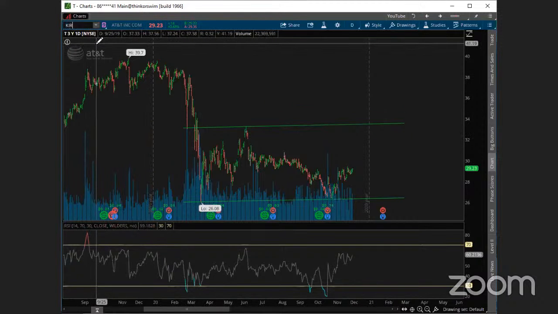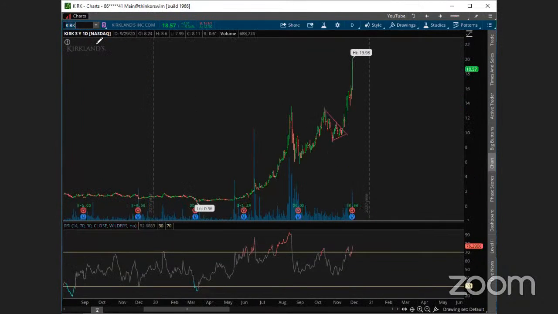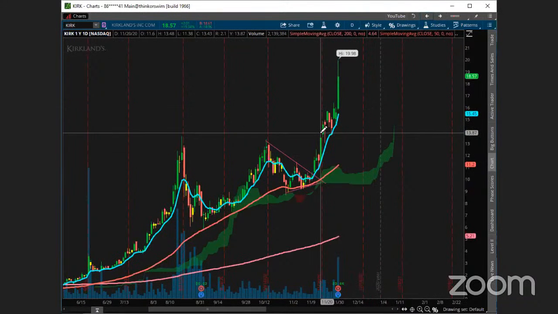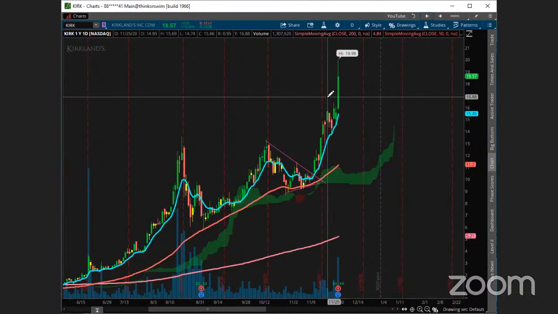Tracy, let's take a look at Kirk. Tracy, you and our group are the only ones that trade this. I'm telling you, we make the market on this one. This thing has just been epic. Our group trades this one and they love it. A lot of Elliott Wave stuff on it. So big push there again. See if we can get over those highs again. Big move there after earnings. So nice stuff there.